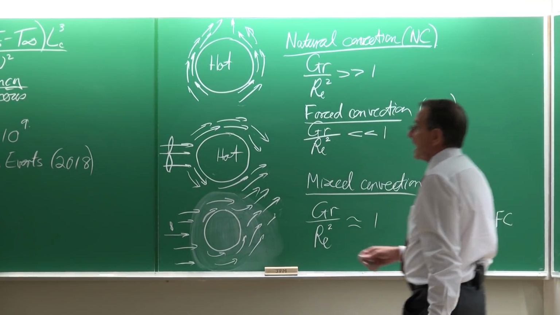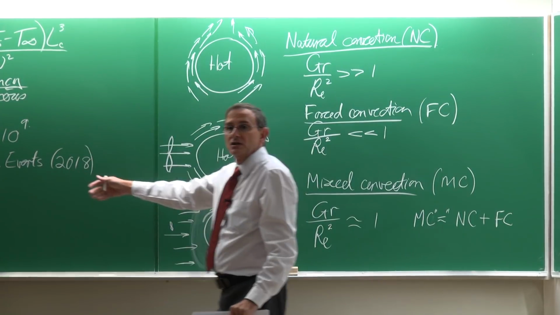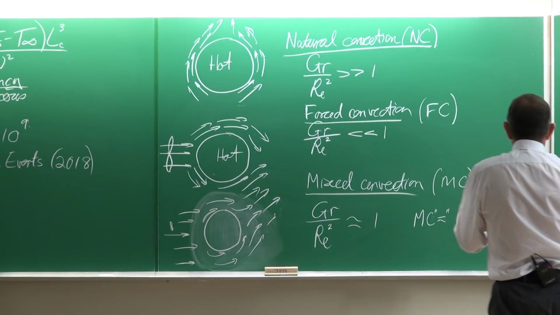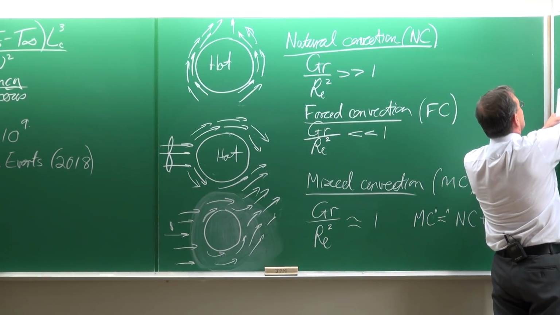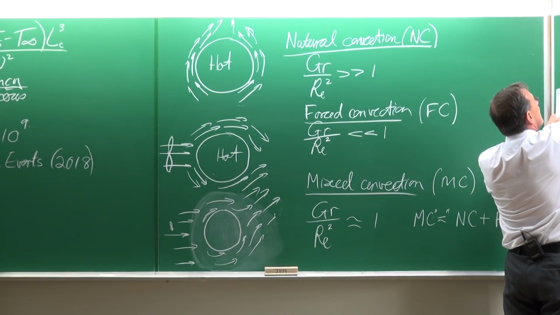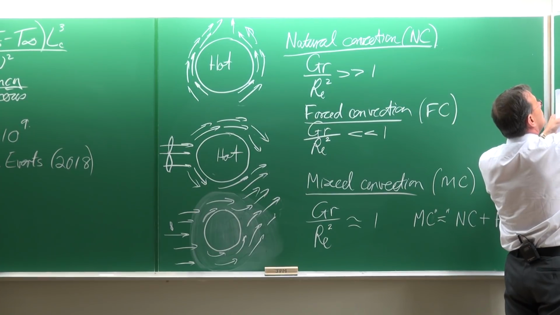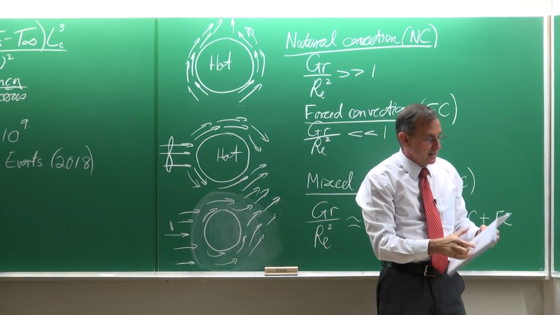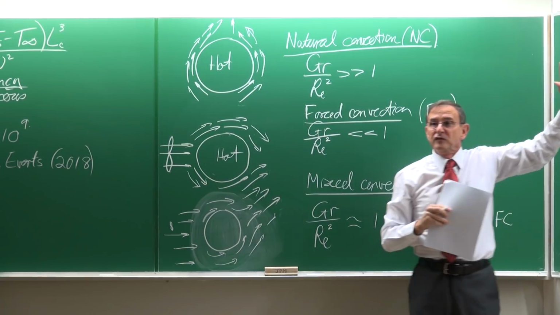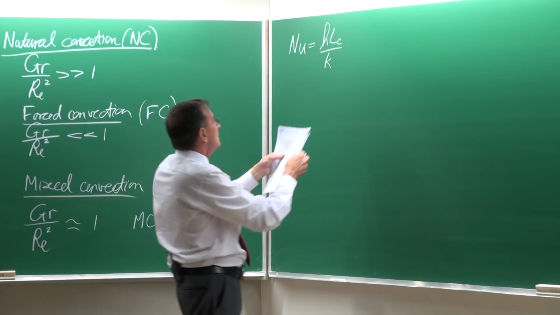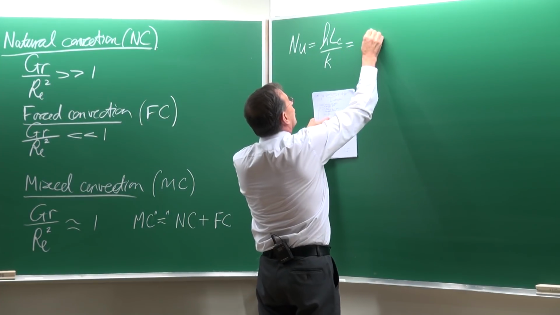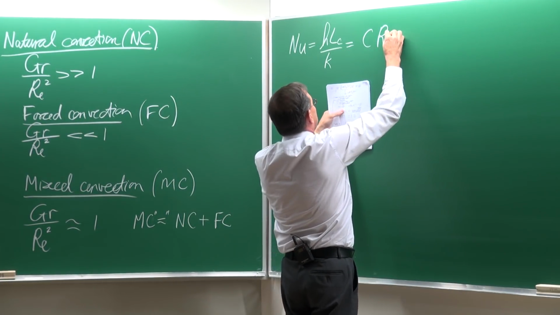In terms of the Rayleigh number, the question is now, how do we get to the Nusselt number? And we do it by writing the Nusselt number equations as the heat transfer coefficient multiplied by a characteristic length. I'm still going to refer to this characteristic length quite a lot because it's very important. Is equal to a constant multiplied by,